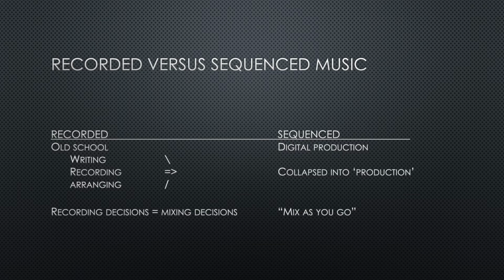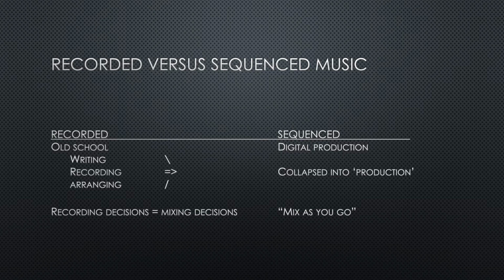The budgets go up, facilities go up, and so the cool thing about the sequenced model in the box style is that all of that is collapsed into production, right? So when you're putting together your production, your writing and the recording and the arranging is all basically done on the fly. And so they call it mix as you go,